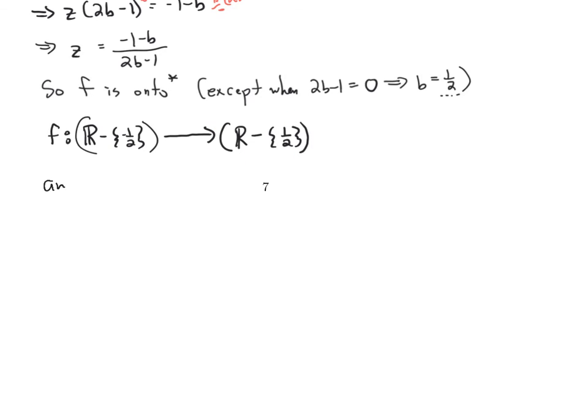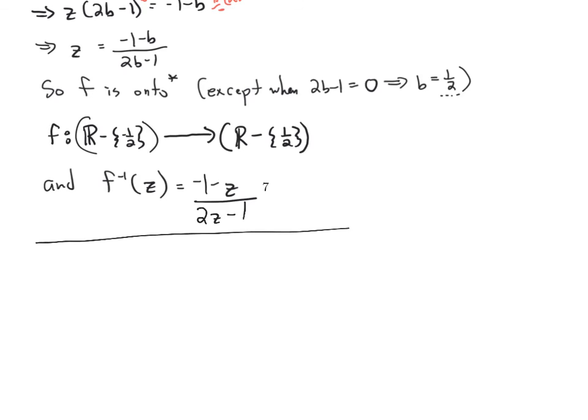And f inverse of z, say, well, that's going to be, well, we're just going to replace the b's by z, so it's going to be negative 1 minus z over 2z minus 1. And you can see, let's make sure that this works. So what is f of 2? Well, f of 2 is 2 minus 1